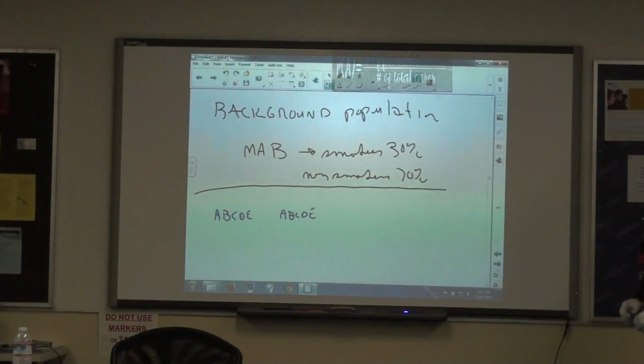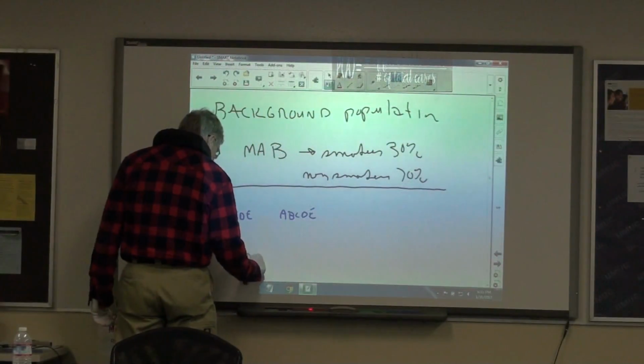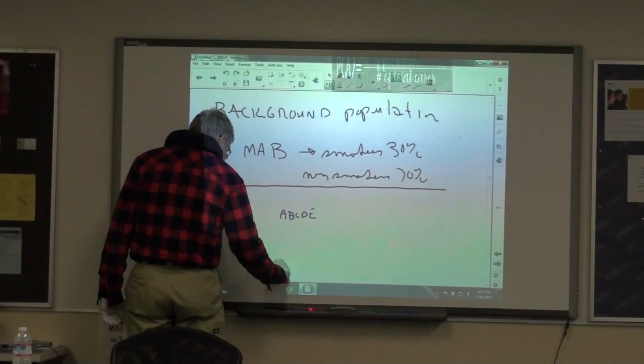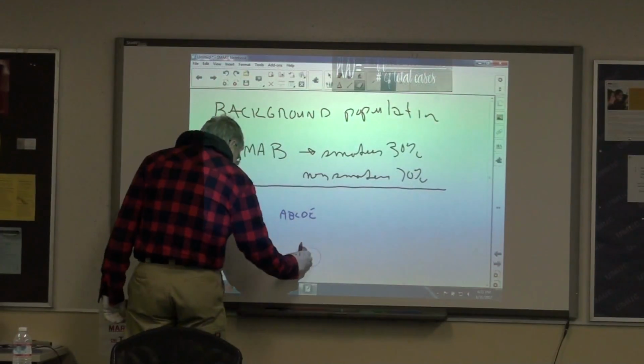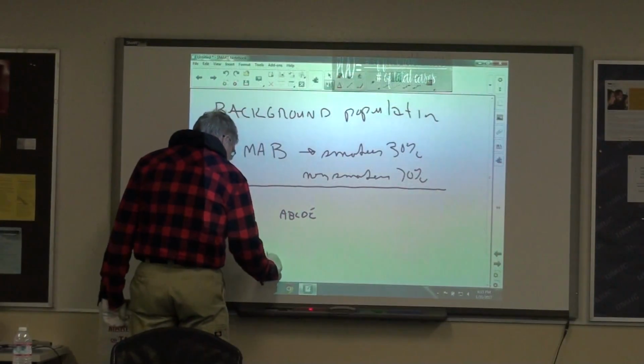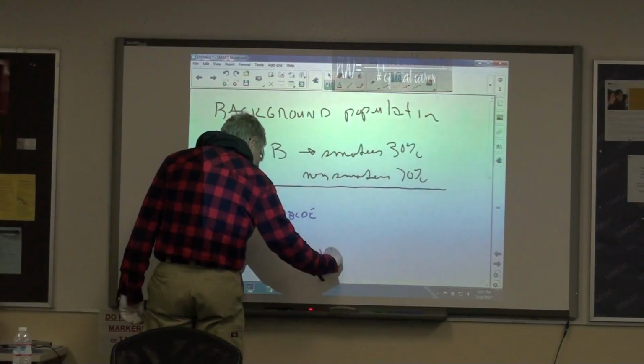Now, what I want to know is, what's the probability that amongst my 5 selectees, I will find exactly 2 smokers? The probability calculation that we're going to use is that the probability of A times B times C times D times E, or just the probability of 2 things, A and B, is the probability of A times the probability of B, agreed?